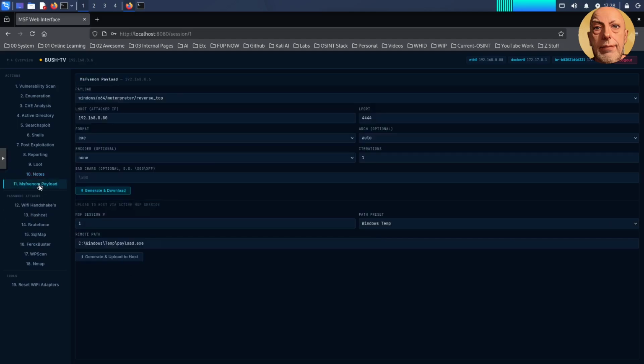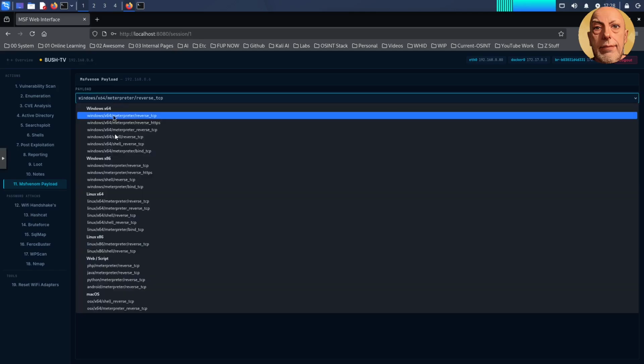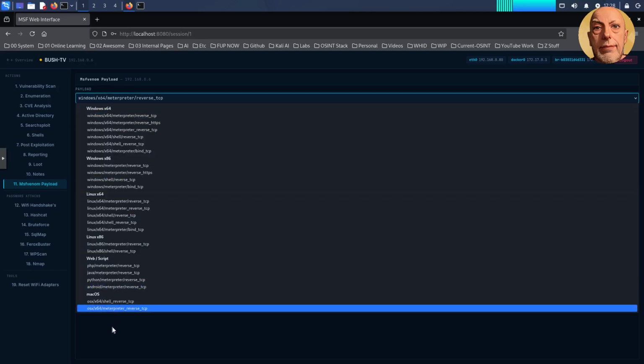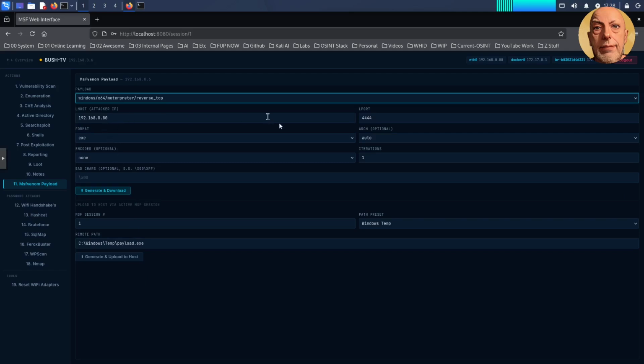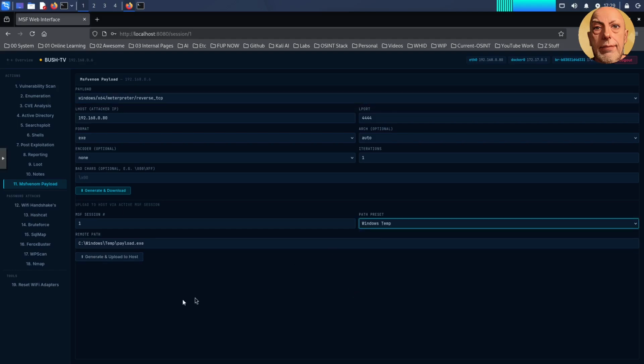The MSFvenom payload, I hope it's fairly obvious if you've been using Kali at all, depending on what machine you're aiming for. You alter a few of these and you can just download the payload, or you can upload it straight to the host. And what you have also got, you saw at the start as well, password attacks. So Wi-Fi, handshakes, hashcat, brute force we've already